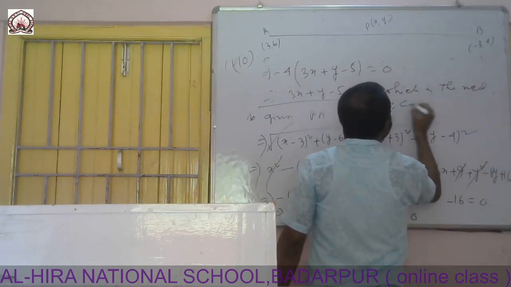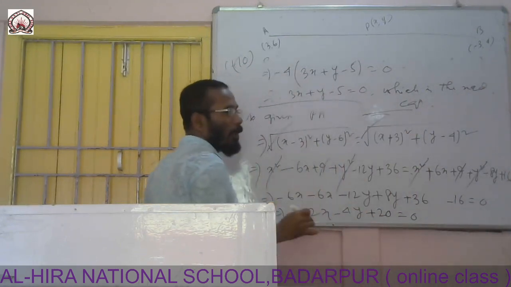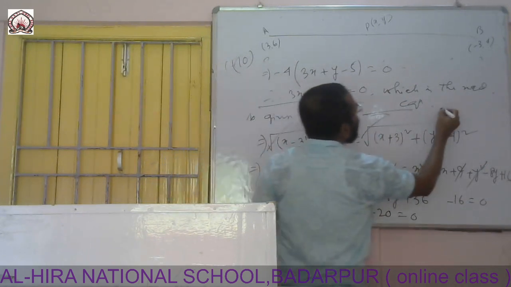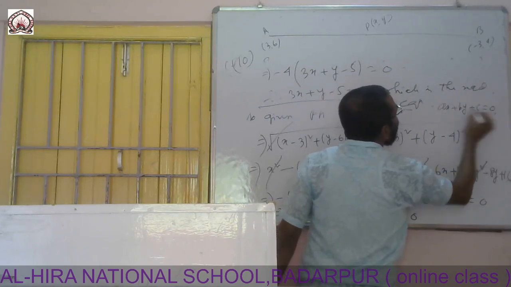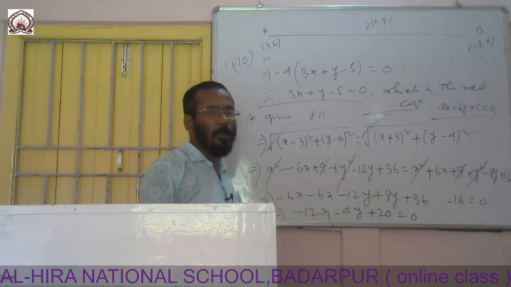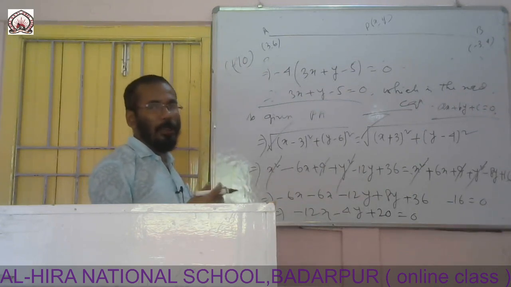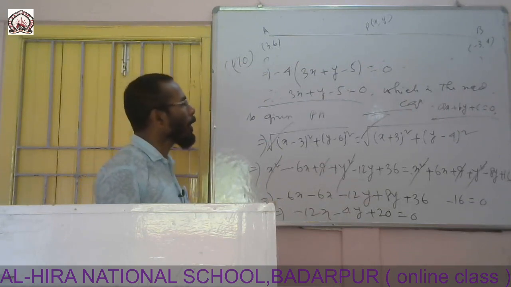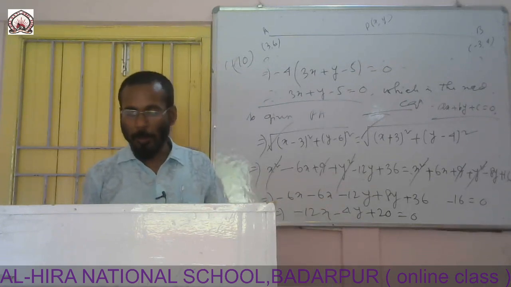So basically it is nothing but a linear equation in two variables, and a linear equation in two variables is ax plus by plus c is equal to 0. In coordinate geometry, in this chapter we are learning about the straight line, and the representation of a straight line in algebraic form is ax plus by plus c is equal to 0. So this is all about your exercise 7.1.